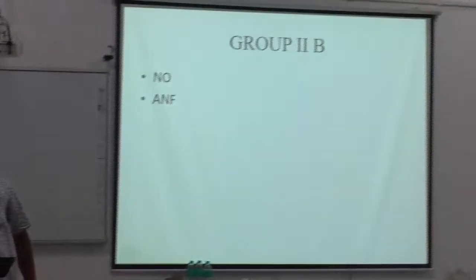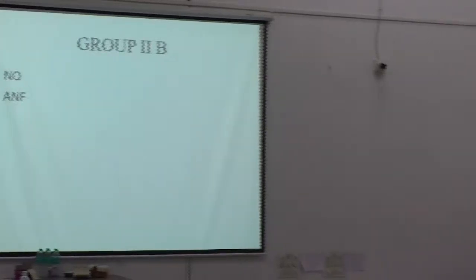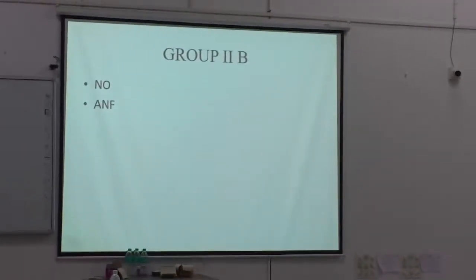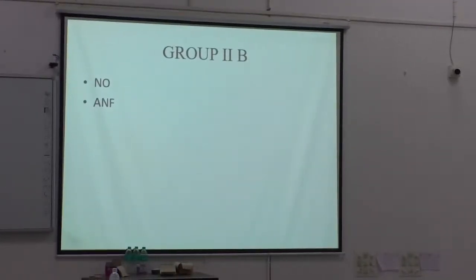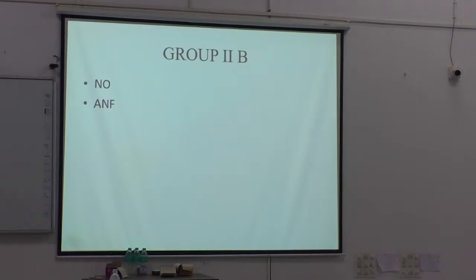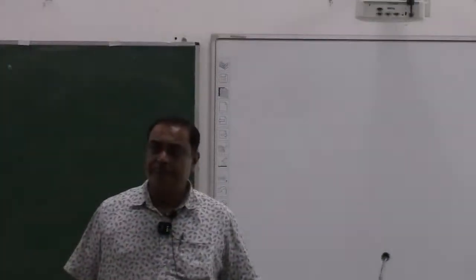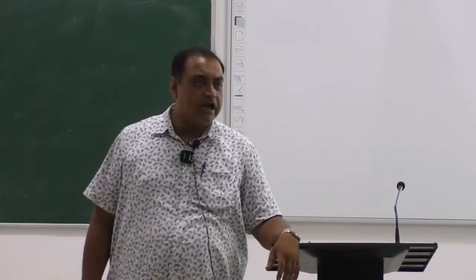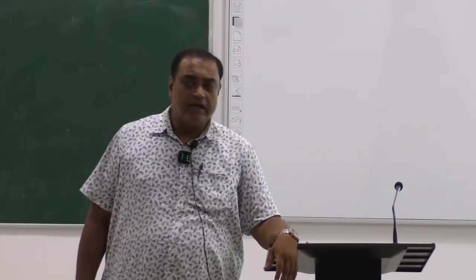2B. NO means nitric oxide. Correct? Now, nitric oxide is produced by a particular enzyme called NOS, nitric oxide synthase. How many types of NOS are there? ENOS means epithelial nitric oxide synthase, INOS intestinal, and